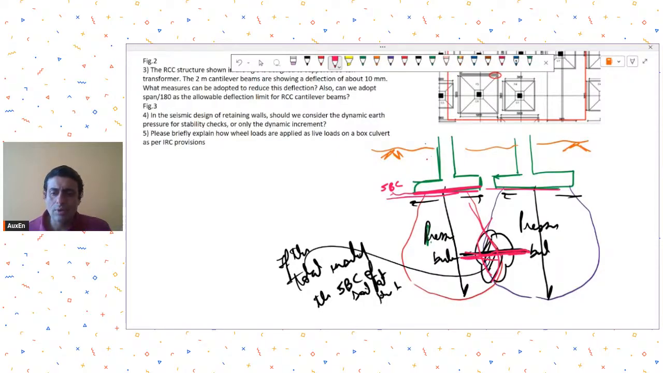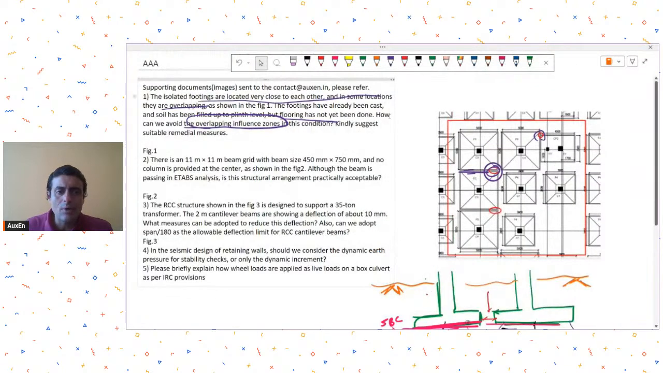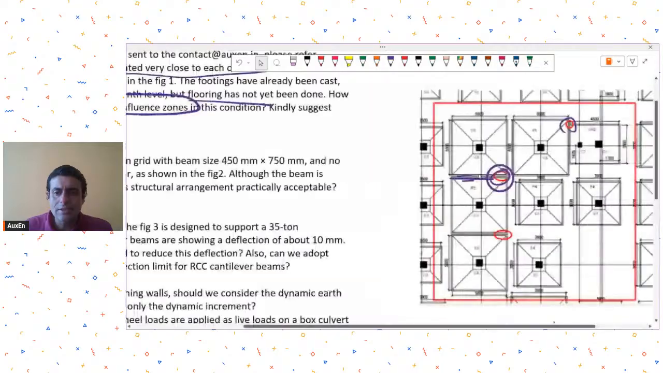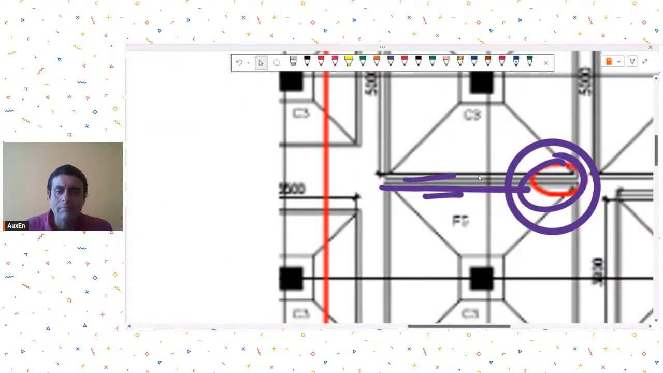So at this location, if the combined pressure bulb intensity goes beyond the SBC, then it's a problem. Otherwise, even if these footings are very close to each other, it's not a problem technically. Okay, I hope this answers your query. So overlapping, I don't see overlapping as such. I can still see some gaps. And let's suppose it is overlapping,